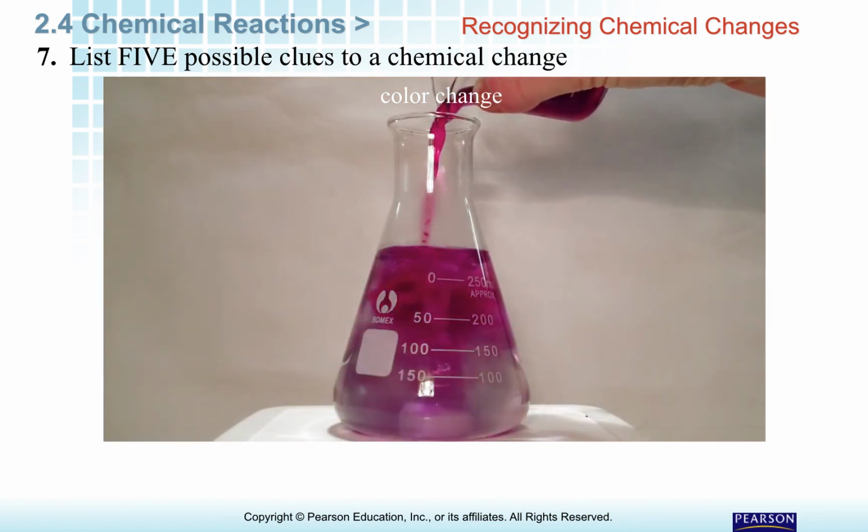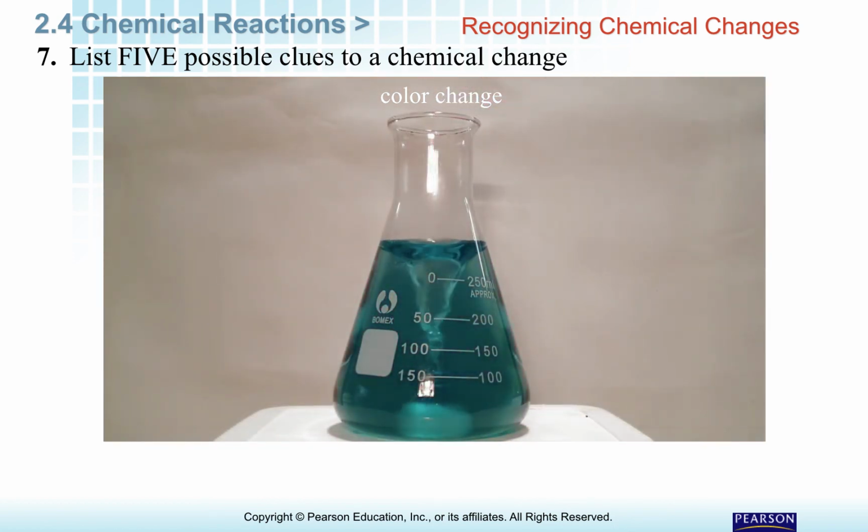I go from clear to purple to blue to green. Over time, it turns orange, darkens,